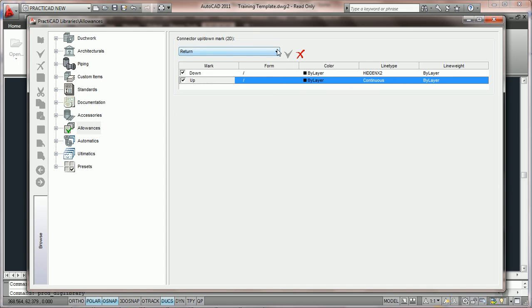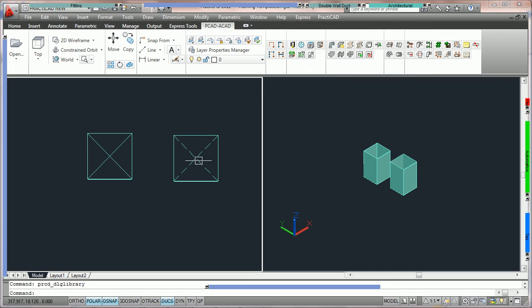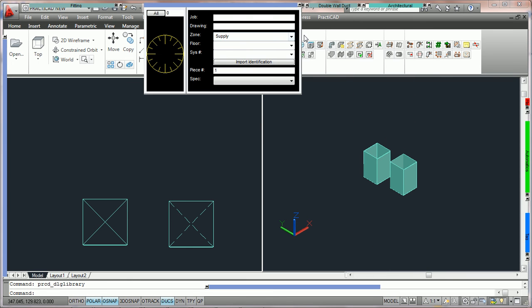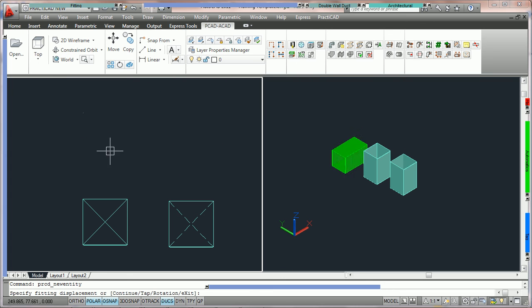So what we're going to do is go down all of our zones one at a time, choosing the proper symbols. You'll see for exhaust, we're choosing the exhaust symbol, which looks like a Y. We set everything correctly, we save it, and now we're going to exit out. This will allow so that if we go to change our zone currently to return, and we say apply to new fittings, once again what we're going to do is grab a piece of duct,